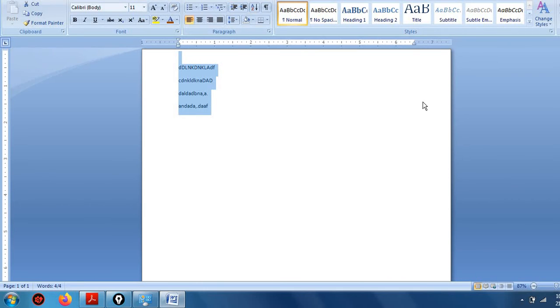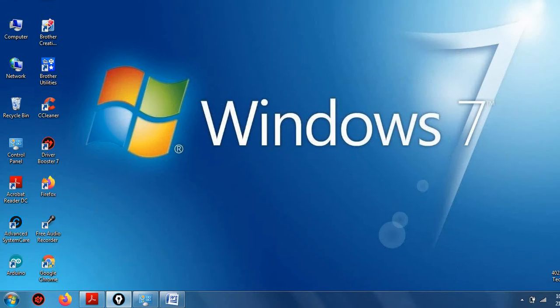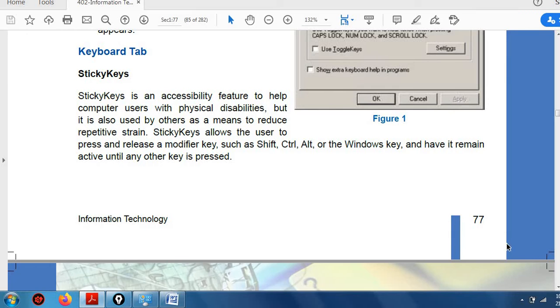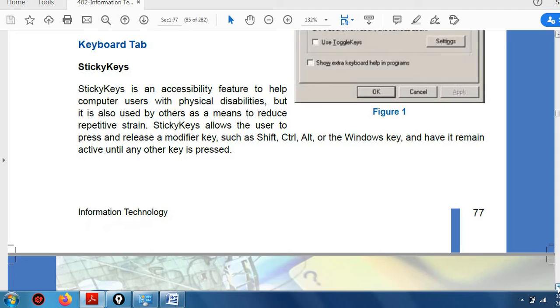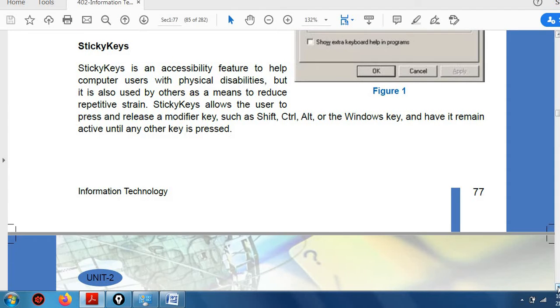Getting it? Okay. Now next. I hope you understood. Control plus A or Alt plus A, whatever shortcut keys there are with the modifier keys, you are supposed to press them together, right?